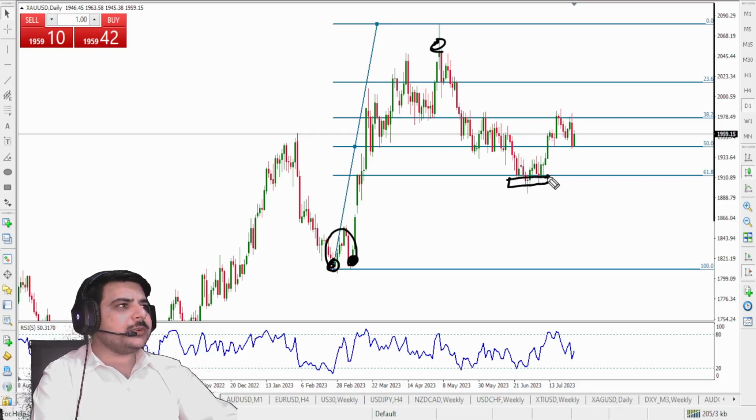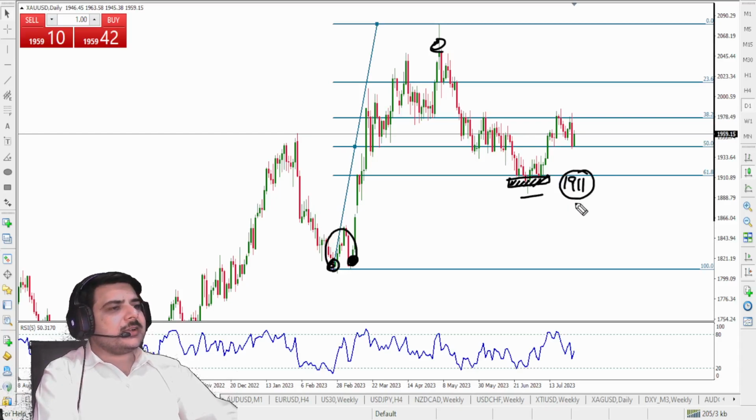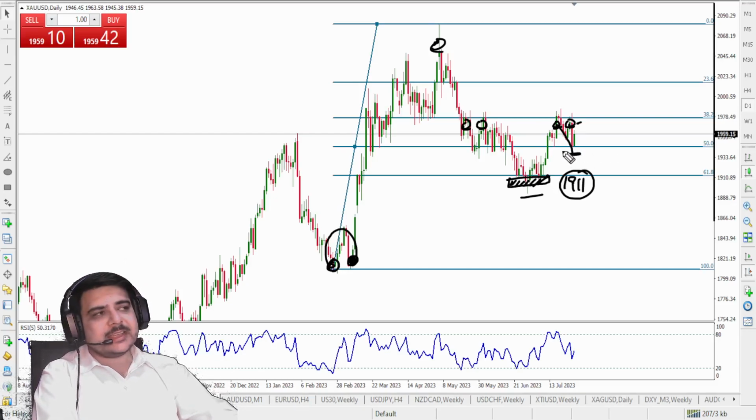Most of you may remember that 1911 was my zone. A little bit of drawdown till 1892, but that was expected. This is the market. Till now, the 1911 price level is holding the prices of gold US dollar, and it seems to remain bullish. Last week it was also expected that it would hit this resistance level. It did, and most of the traders made profits right here. Even I traded gold US dollar last week in the live streams as well.